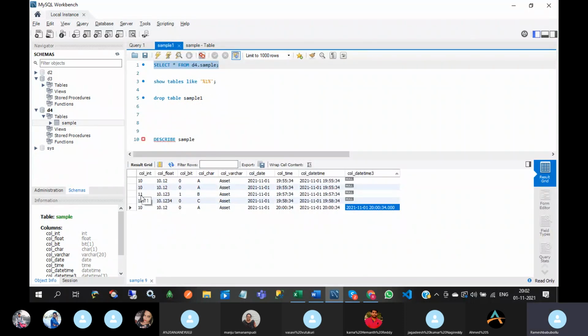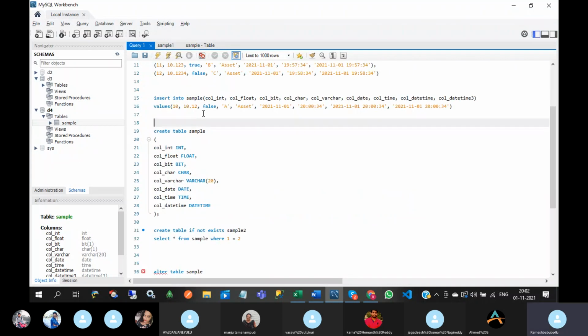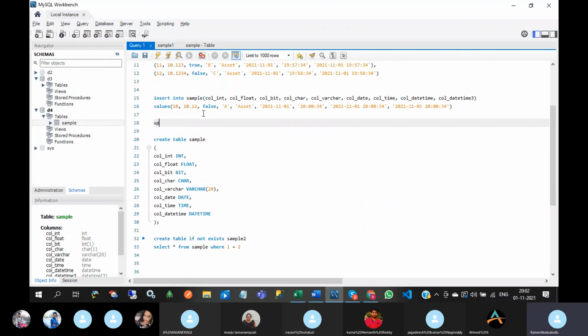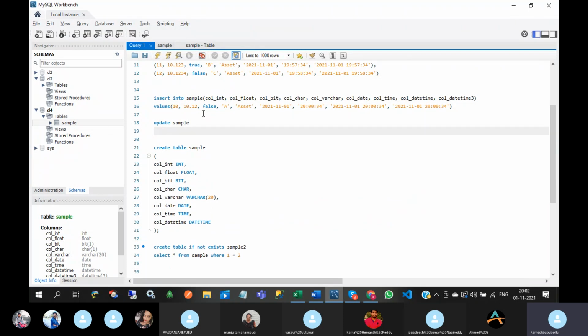See this. I want to update the record of col_int 11. In col_bit it has true, but I want to make it false. So how to make it? At that time we can write the query: update sample. Update is a keyword, so it is coming in blue color.